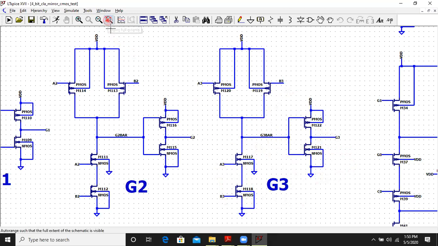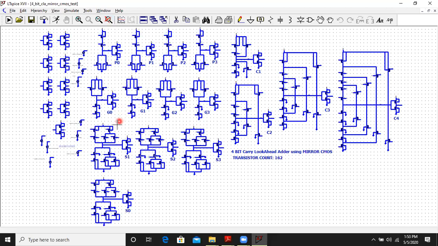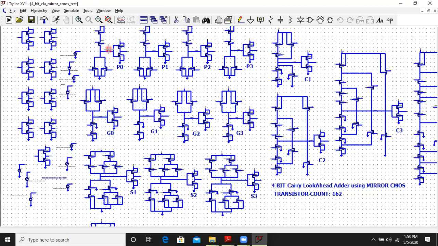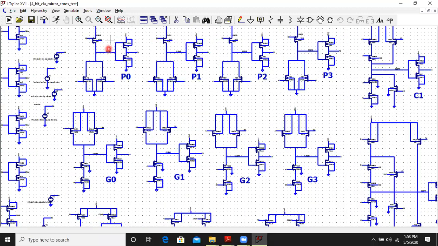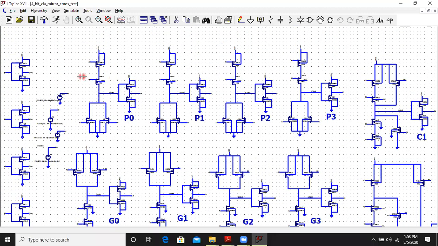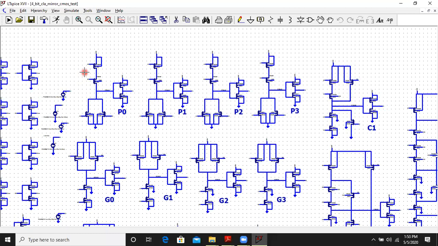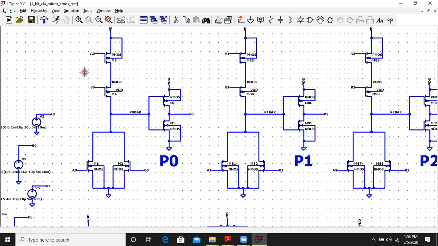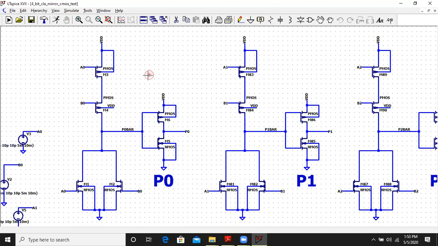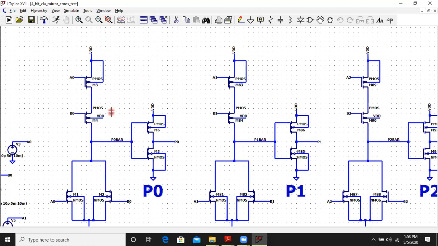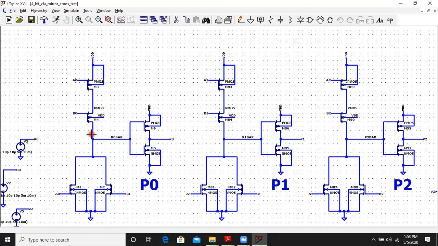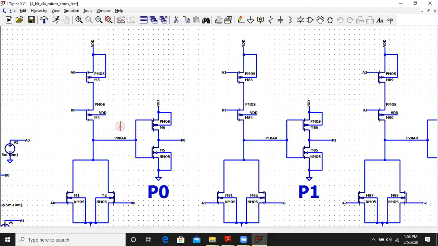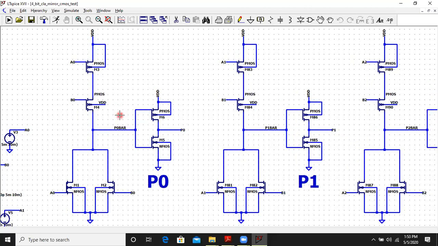Okay, let us put it back, zoom out, and let us concentrate on P0 terms. So let me just expand this section. Okay, that's fine now.